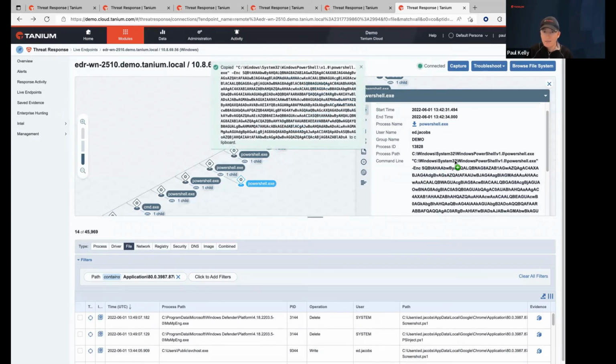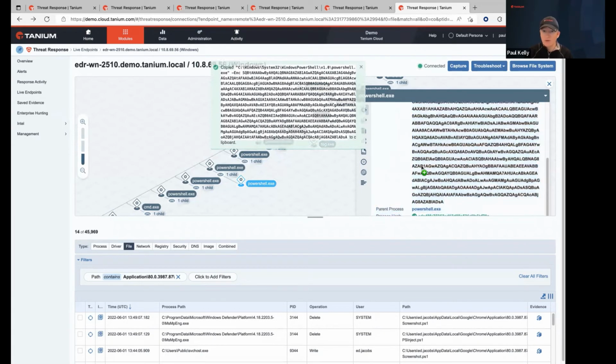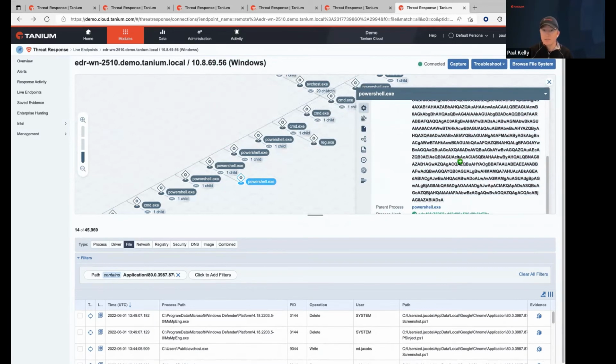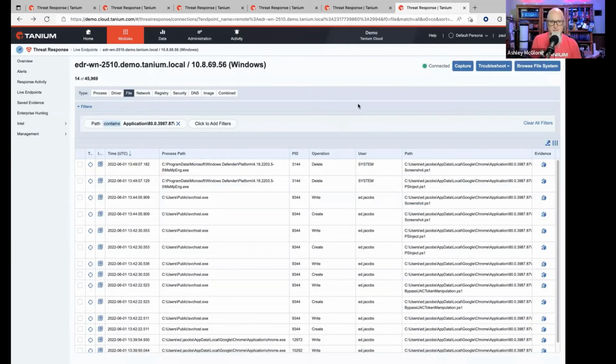A lot of detection abilities stop right there, right? But they don't give you the actual full command line and everything that was passed in the interpreter to it. So that's super powerful. That right there is bad. Yep, that's a base64 encoded PowerShell command, which Mimikatz uses. That's exactly right. That's another indicator right there alone. So lots of great things that you can see here just by looking at this. This is the PowerShell inject script here.